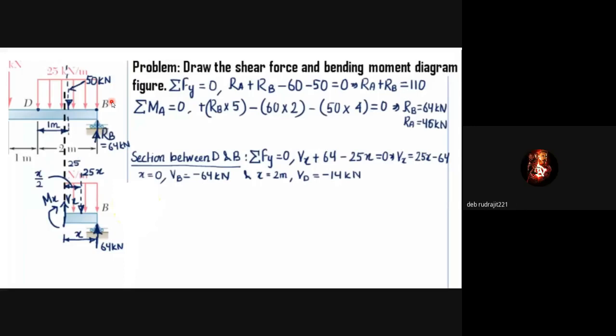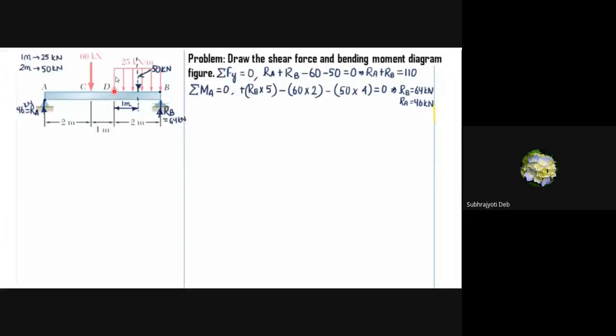Okay, sir. Sir, is there only two point loads? We have taken this section from D to B. This section only, considering this section only, D to B. Actually, sir, here the uniformly distributed load has been converted into point load. So I was asking where the section is being done.